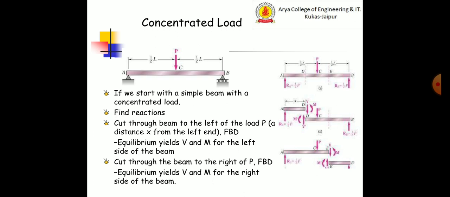Cut through the beam to the right of the P. Draw the FBD. Equilibrium yields V and M for the right side of the beam. In the figure you can see